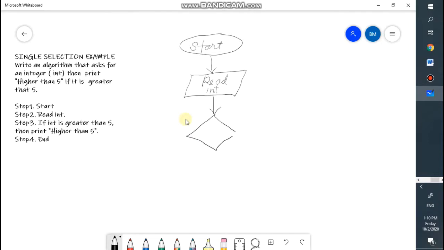The diamond symbol will be labeled with the word if, and then this time we will not be using words. We can use relational operators such as less than, greater than, less than or equal to, greater than or equal to, or not equal to. Since we will be testing whether the number is greater than 5, the integer will be tested. So if int